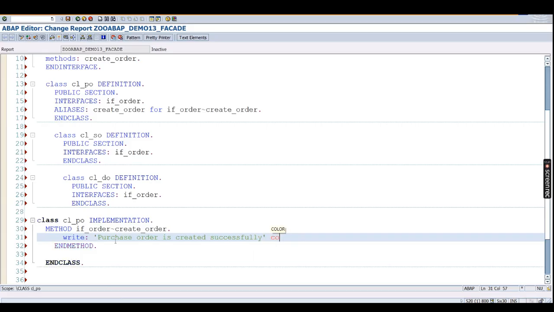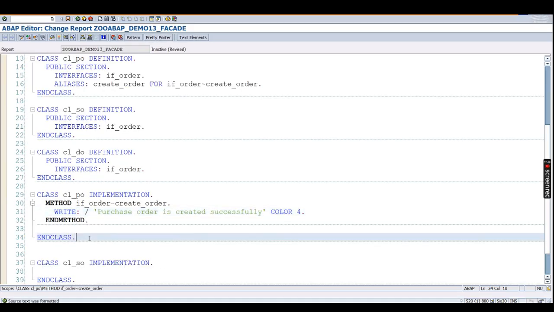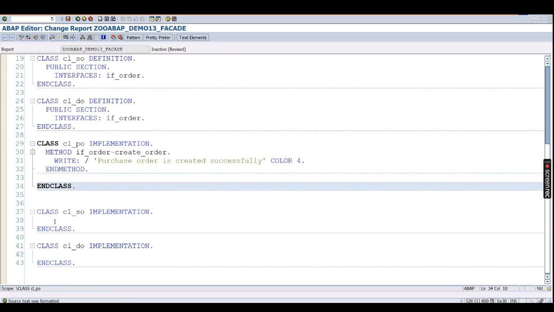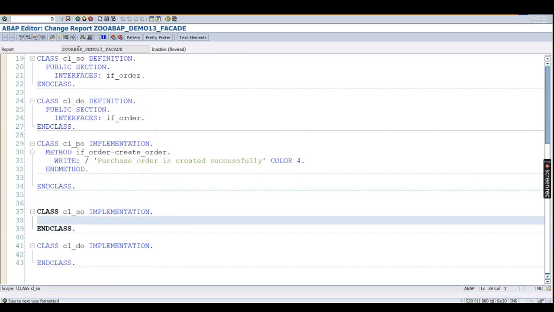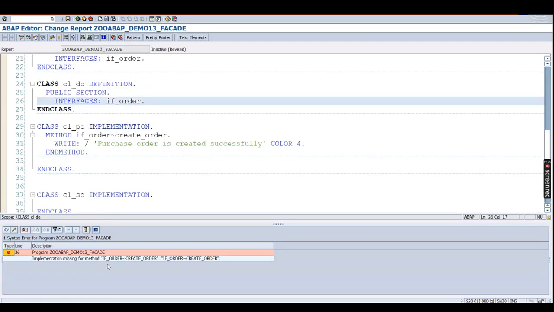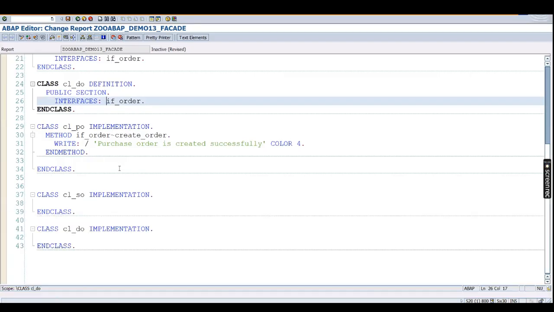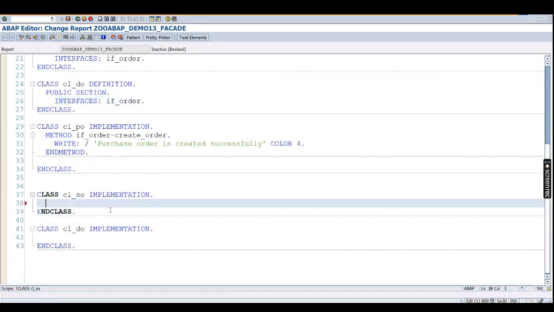Okay, and give some color, looks good. So pretty printer, now it looks good. And another class, SO implementation, we are having, right? Let's check the syntax. Missing method create. Yeah, that's fine. So for this we have to again use method IF_ORDER,